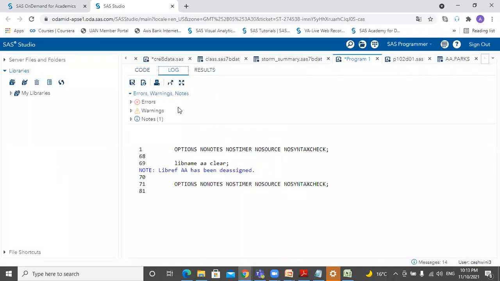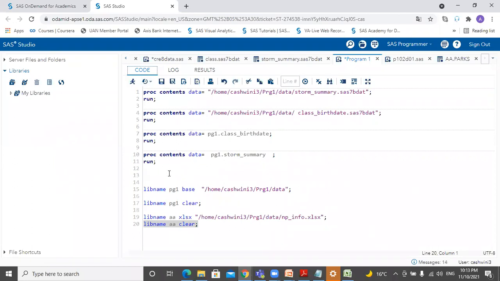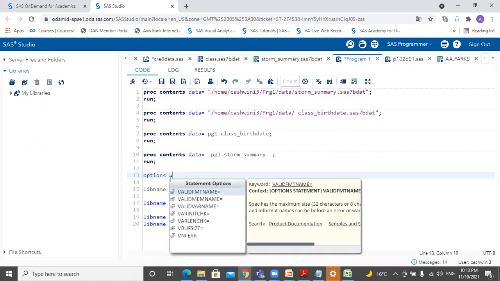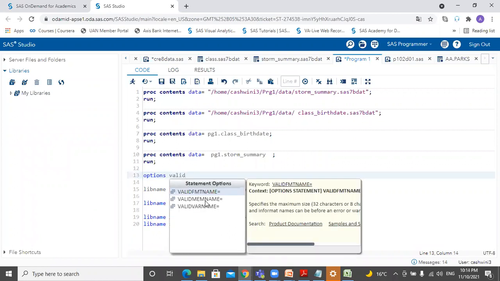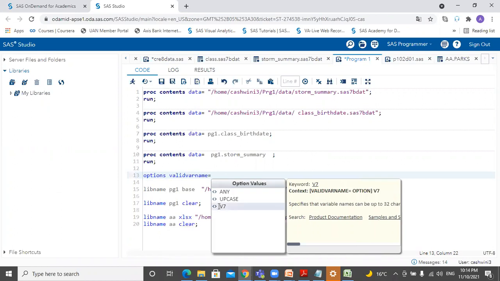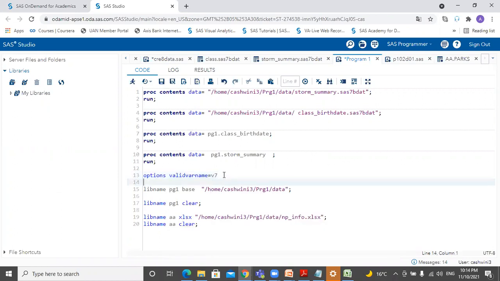Okay, so this is what I see in my log. I write the options statement, which is a global statement, options validvarname. So see, it's giving this validvarname. I gave the version as v9. So this is the very first earlier version where it included this validvarname.